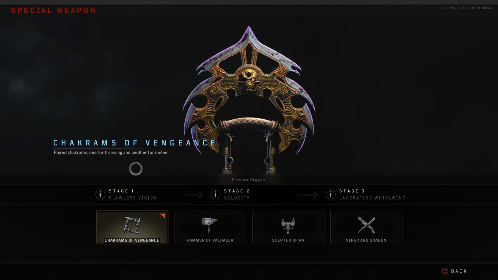Or, just activate it, run up to normal zombies, throw the chakram, or stab a boss with the other chakram while the whirlwind's activated to kill them quicker. Pretty decent, does a good job, makes you invincible for revives. Pretty good weapon,